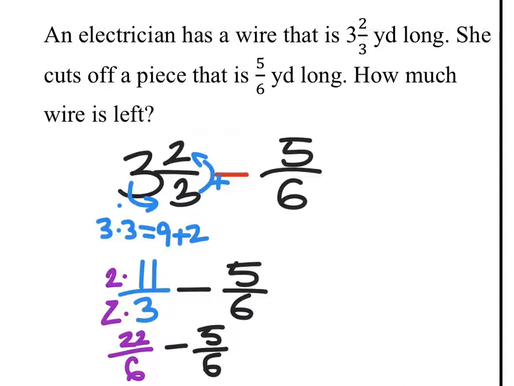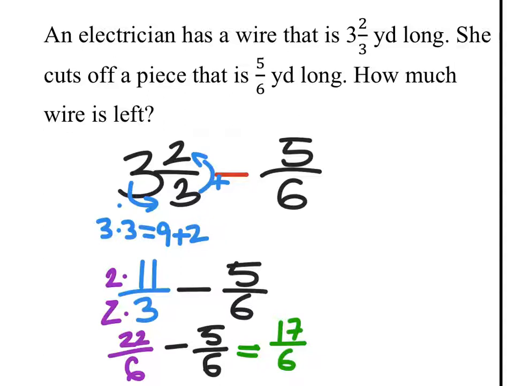And I know that 22 minus 5 would be 17/6. I just need to change this. Well, I guess it didn't say. It did not say to change this into a mixed number, so I'm just going to keep it at that. But just remember, if you're going to keep it at 17/6, you will lose a point on the test. This needs to be changed